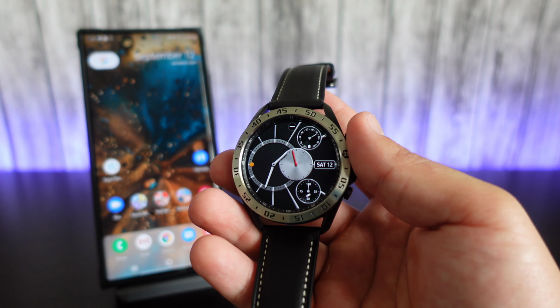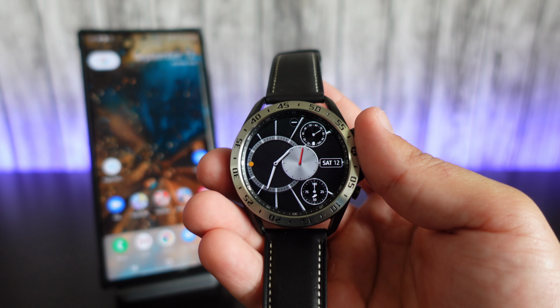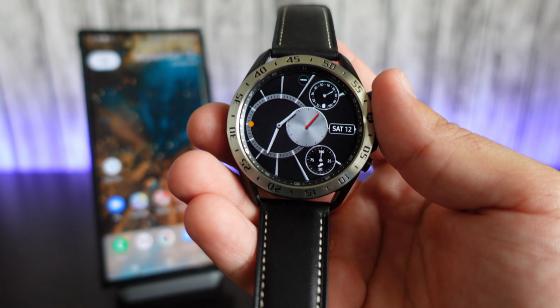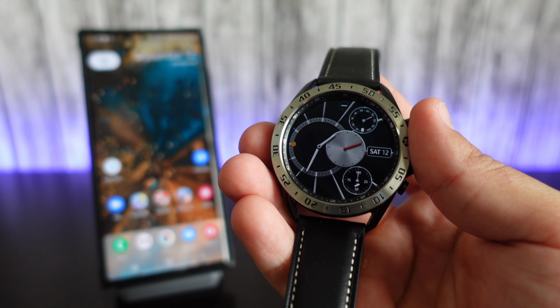Now you can also do this using your original Galaxy Watch as well, so for those of you who do still have the original Galaxy Watch, no worries, you can use this exact same feature following these exact same steps. So for those of you that don't already know how to do this, hopefully this video will help you out,